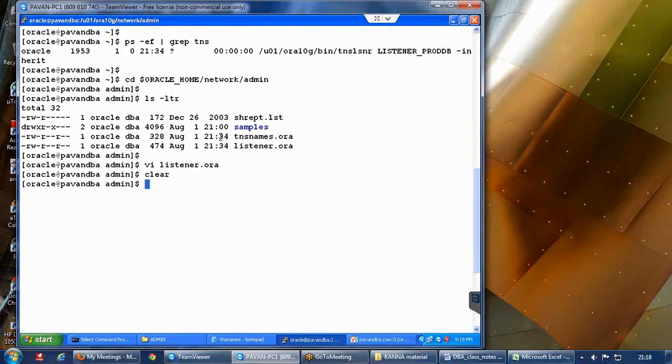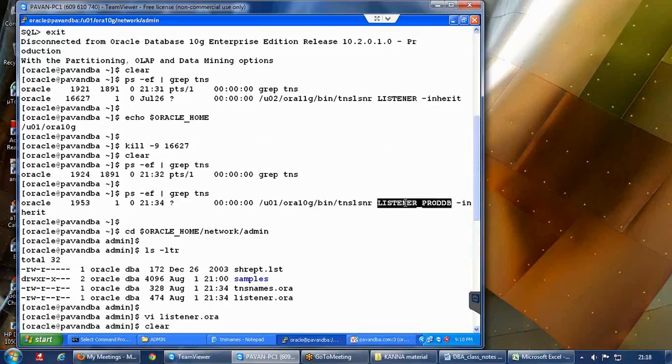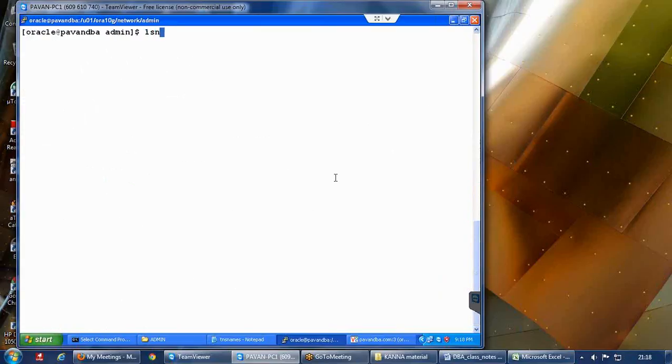To start the listener, stop the listener, or restart the listener, anytime you are going to use these commands. lsnrctl status, then the listener name, is going to show you the status of the listener. If you want to stop the listener, you use the command lsnrctl stop. If you want to start the listener, you use the command lsnrctl start.